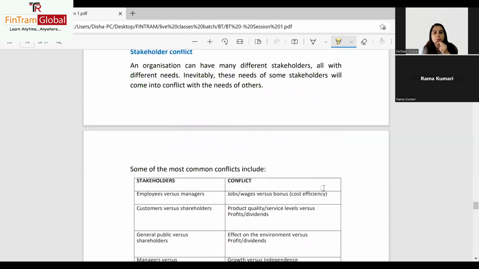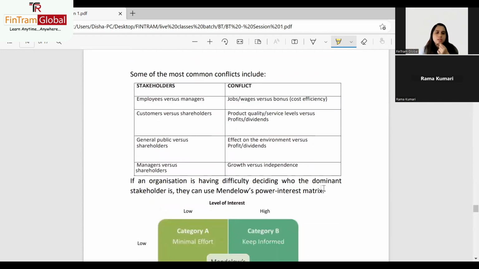All right, then we will quickly also cover stakeholder conflict. An organization will have, of course, different stakeholders, all with different needs. And because of that, there are going to be times when there's conflict. I could be one stakeholder, there could be another stakeholder. We could have different needs. Our needs could clash, so there's going to be a conflict. Many times there could be a conflict. Some common conflicts, let's say, managers versus employees. What is the usual conflict here? Of course, employees want a higher salary, but managers want to keep the cost low.